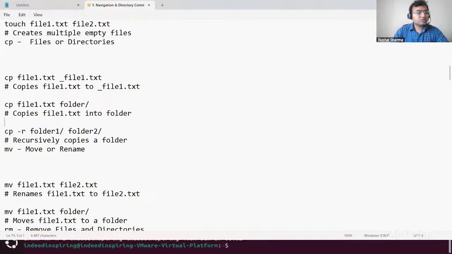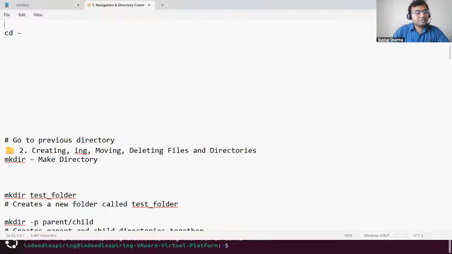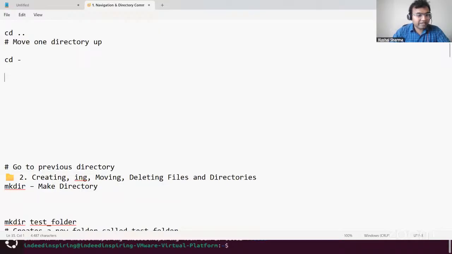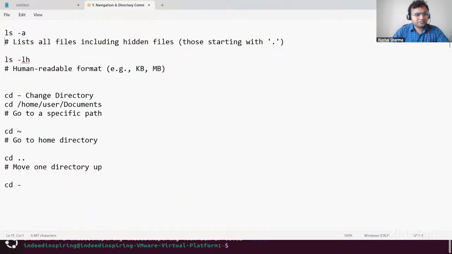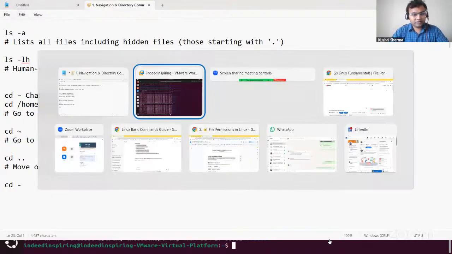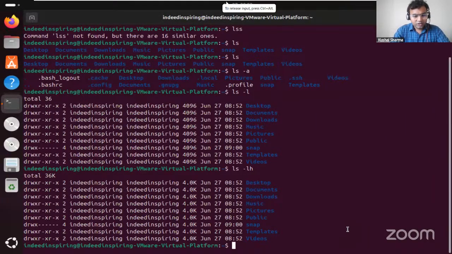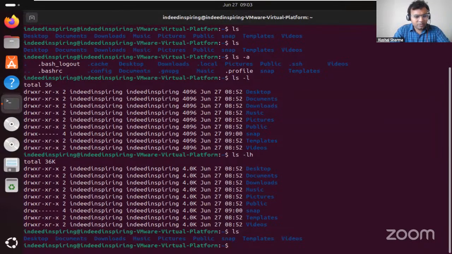If we go for cd, which basically means change directory, then it is going to help us move from one directory to the other. So let us try to understand cd. I need to do ls first. So here I have desktop, documents, downloads, music, pictures, public, snap, and templates. And if I do cd desktop,